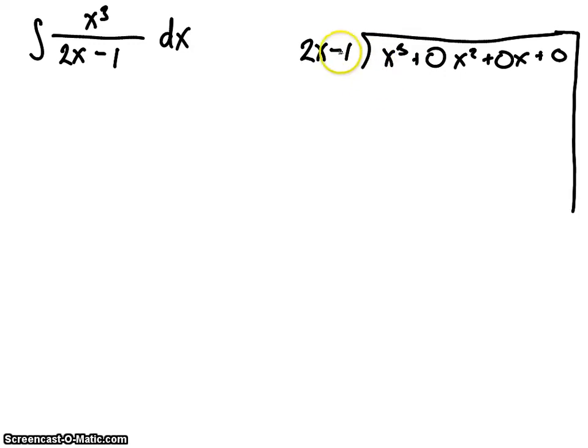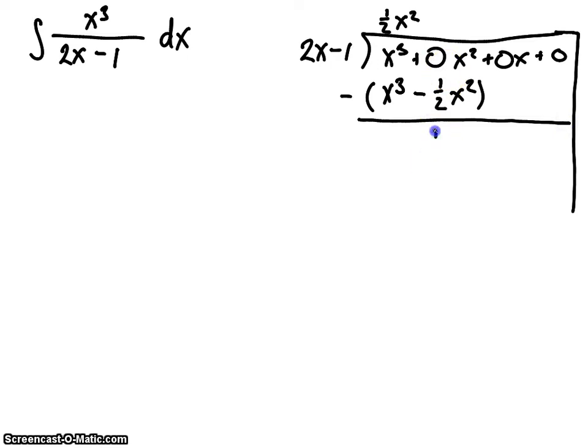So what do we get? Well, to turn 2x into x cubed, we multiply by a half x squared. What do we get? We get x cubed minus a half x squared. And so we put a minus here, and what are we left with? We are left with a half x squared plus 0x plus 0. So how do we turn 2x into a half x squared? Well, we multiply by a